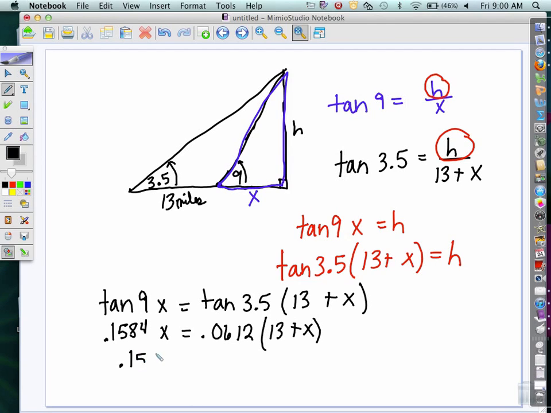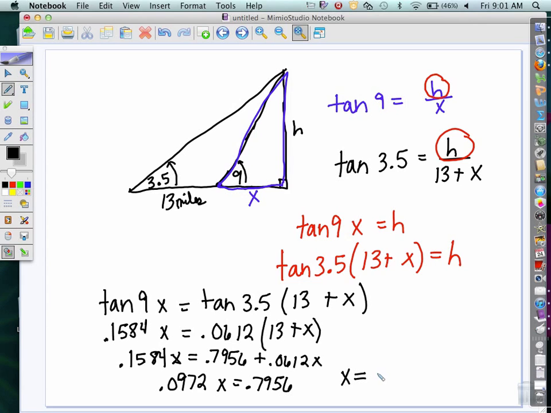We're going to go ahead and distribute. On the left side, we still have 0.1584x. On the right side, if you take 0.0612 and multiply it by the 13, you get 0.7956, plus 0.0612x. Combine our like terms, move our x's to the same side, and we get 0.0972x equals 0.7956. Divide, so x would equal